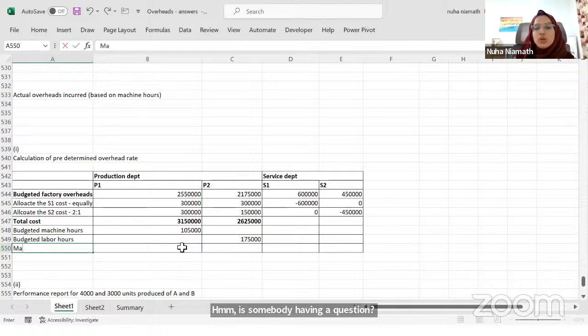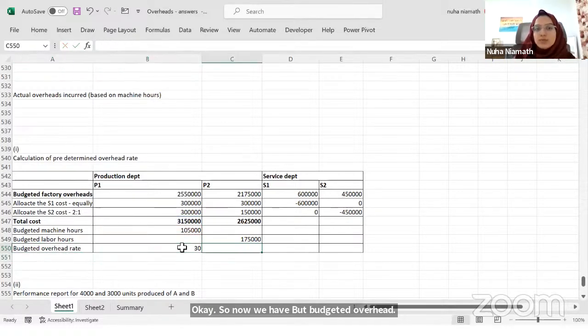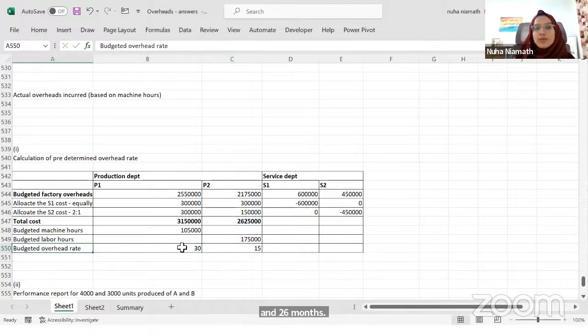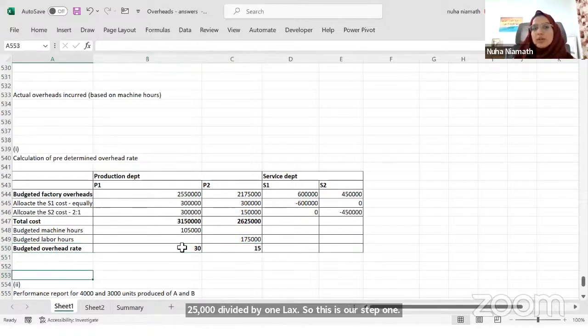Okay. So now we have our machine hour rate, which is our budgeted overhead rate. Let's call it our budgeted overhead rate. 31,50,000 divided by 1,05,000 gives us 30, and 26,25,000 divided by 1,75,000 gives us 15. So this is our step one, right? We had to calculate a predetermined